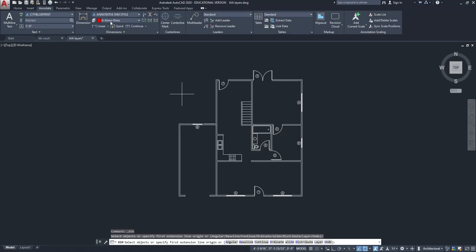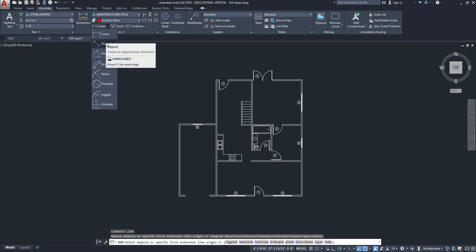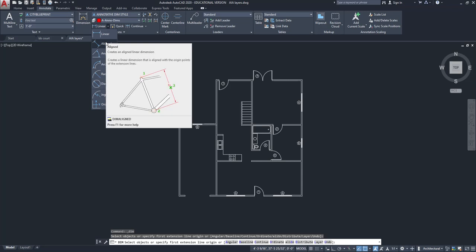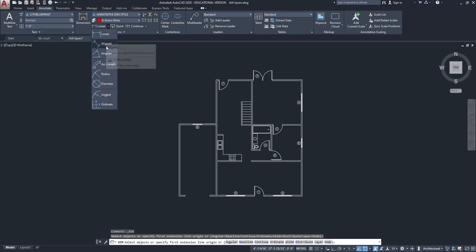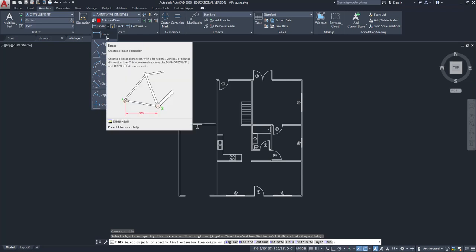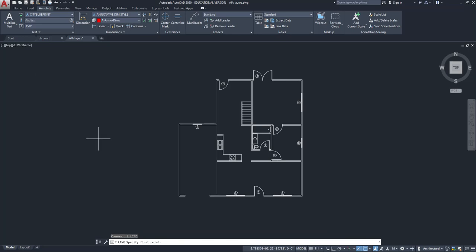Okay. I can also force what kind of dimension style I want to use and pick the method I like the best. Usually I don't stray from linear or aligned very often. In fact, I usually stick with aligned more than any, because linear will give you a good dimension, but a lot of times it won't give you the accurate dimension of an object, right? What I mean by that is, if I draw a line that's diagonal right there, and I use the linear dimension to dimension this,